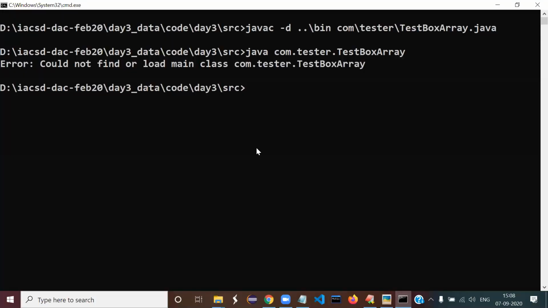Okay, coming back. Let's not waste your time. We have not started with the assignment. Let's go faster. If I want to run it from anywhere, I will have to tell the JVM's class loader the class path. You'll have to set the class path. In between there was a diversion. If you want to run your Java classes, package Java classes from any folder, you just have to set the class path. So please do it with me.